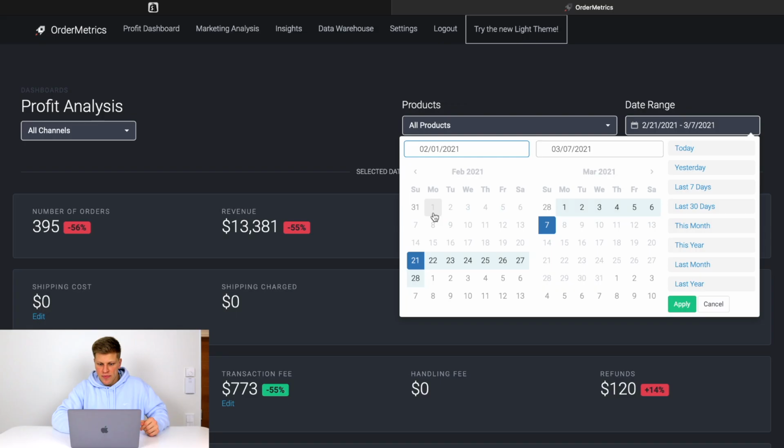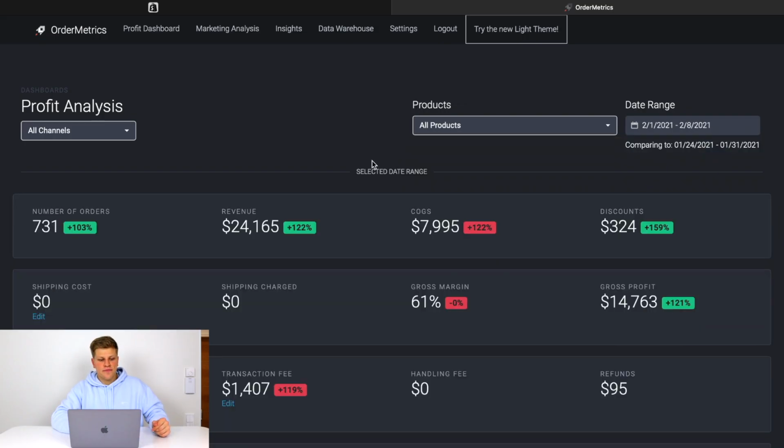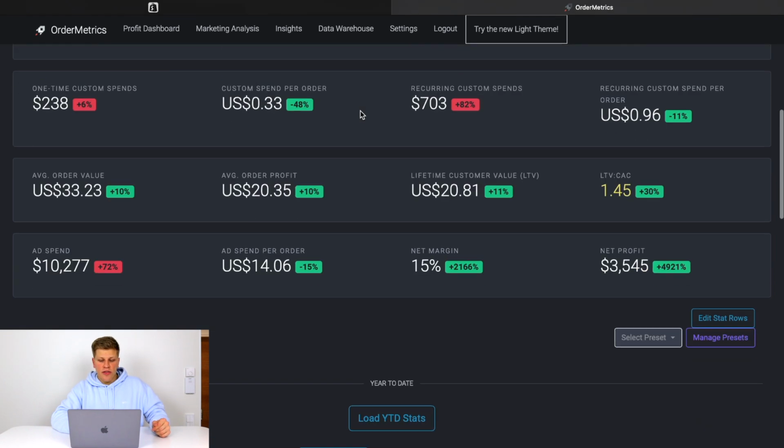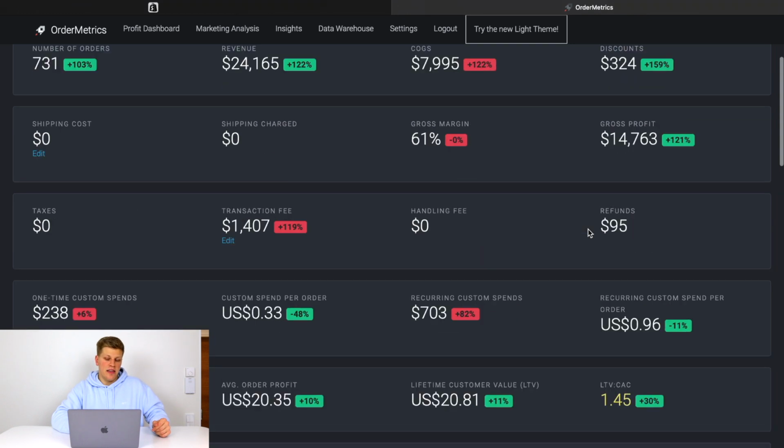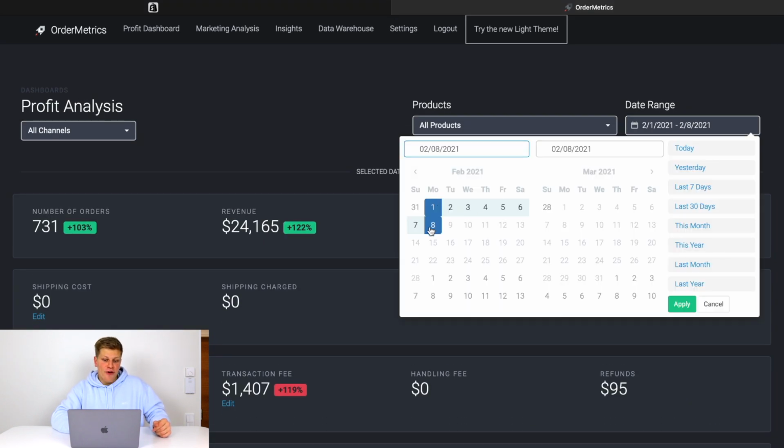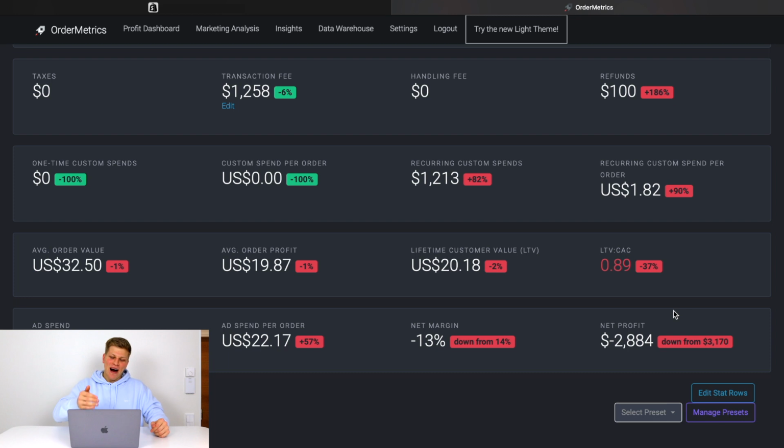So with this in mind, you might be thinking, okay, great, $56.7 thousand, but what is actually the profit? That's a good question. Let's take a look at it right here. You can see that from the 1st till the 8th, the revenue was 24,000 and the net profit was 3.5 thousand. Okay, but then from the 8th till the 15th, the net profit was minus 2.8 thousand, right? That was because I didn't know that this was a gift thing, and I was just losing a lot of money every single day. And so that's why there was such a big